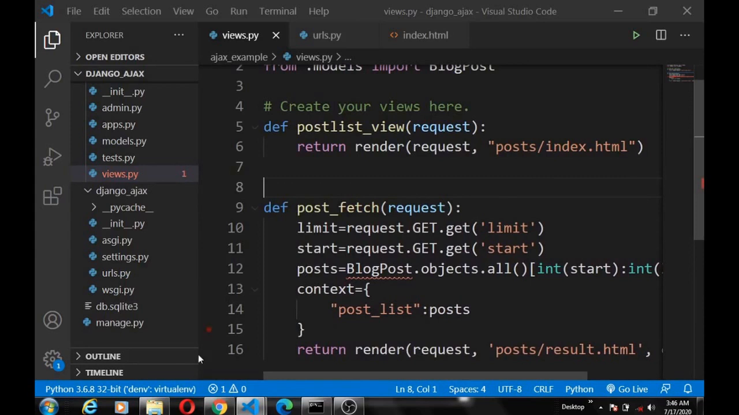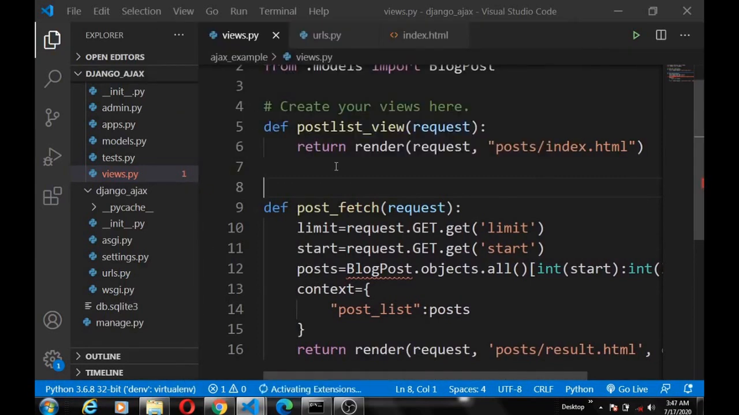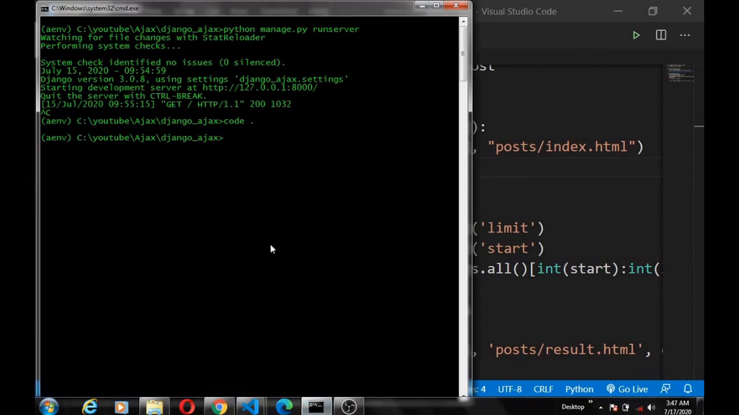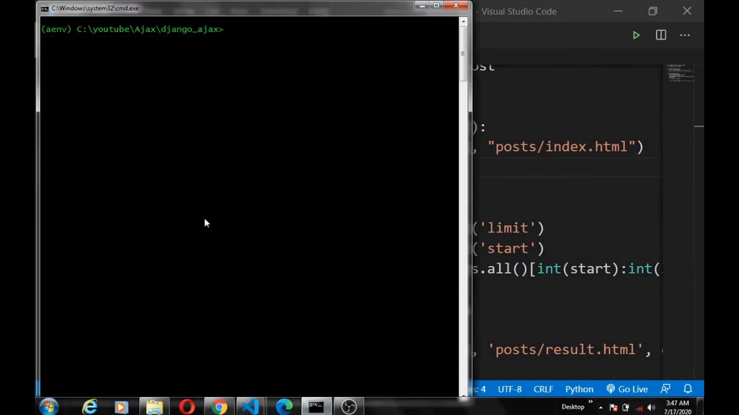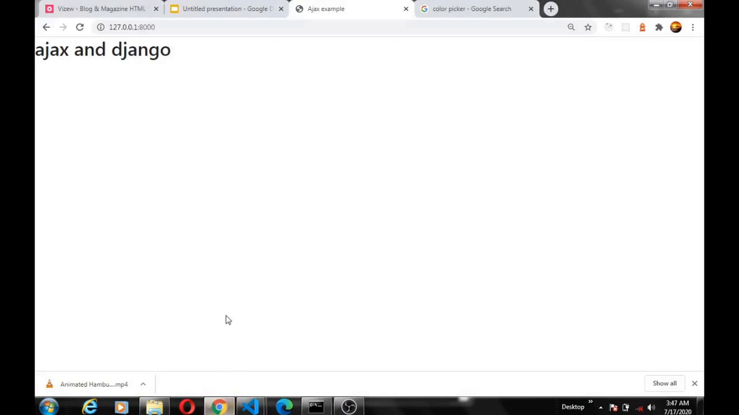Am I getting this error? Sorry, you think I'm in the wrong environment. Check if our server is still running. Let me restart the server again. Okay, our server is running. So if we refresh,